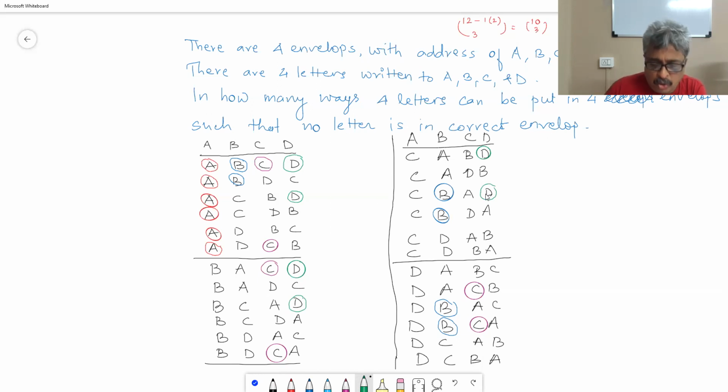Okay. So 6 factorial is the total way we can write. We have written 6 factorial ways, all possible combinations. Sorry, 4 factorial. 4 factorial ways we can write all possible permutations, out of which,